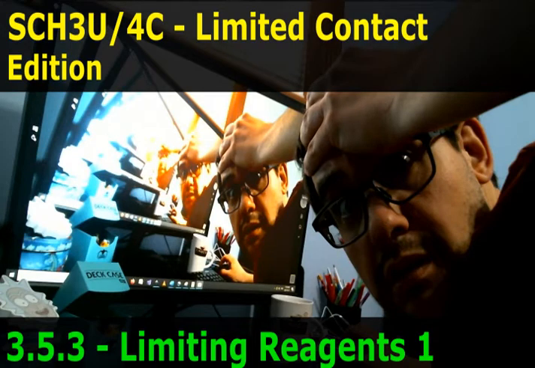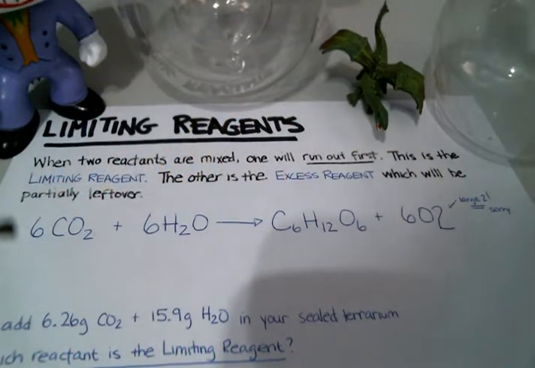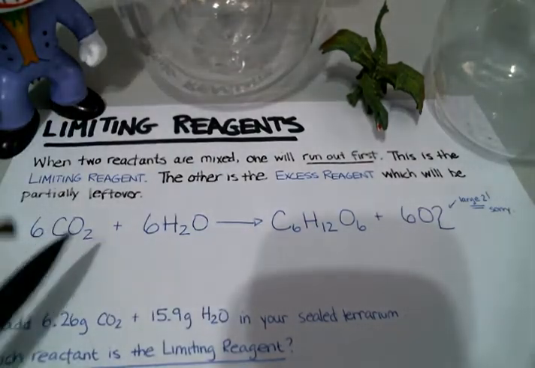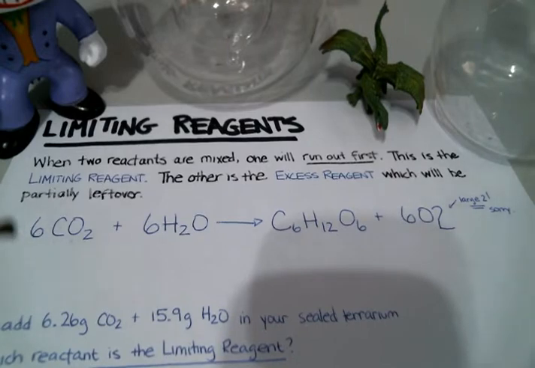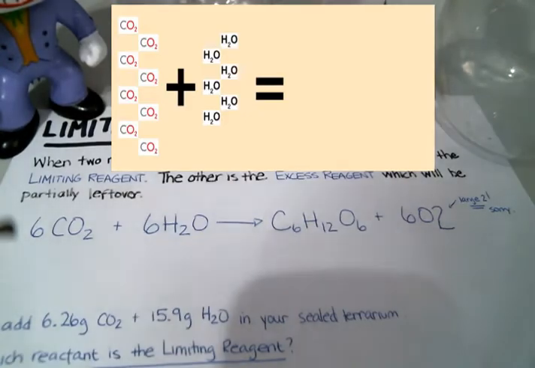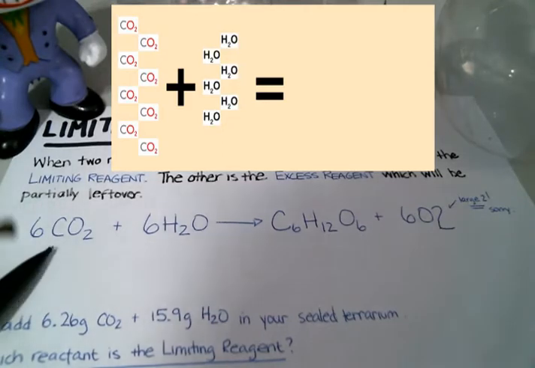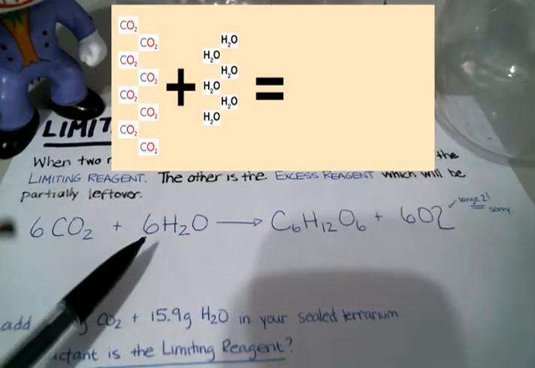Hello everybody. Today and this week what we're going to look at exclusively is limiting reagents. And the idea behind limiting reagents is when you react two things or more than two things, this could be 3 or 4 or 5 reactants, whatever the case is, one of those reactants is going to run out before the other, unless you measure out exactly the correct number of molecules of each of these, or in theory, the